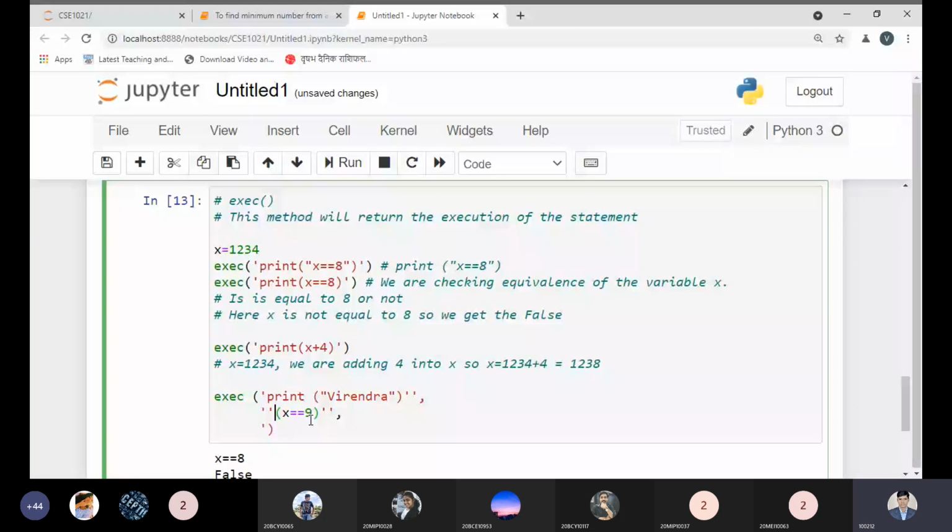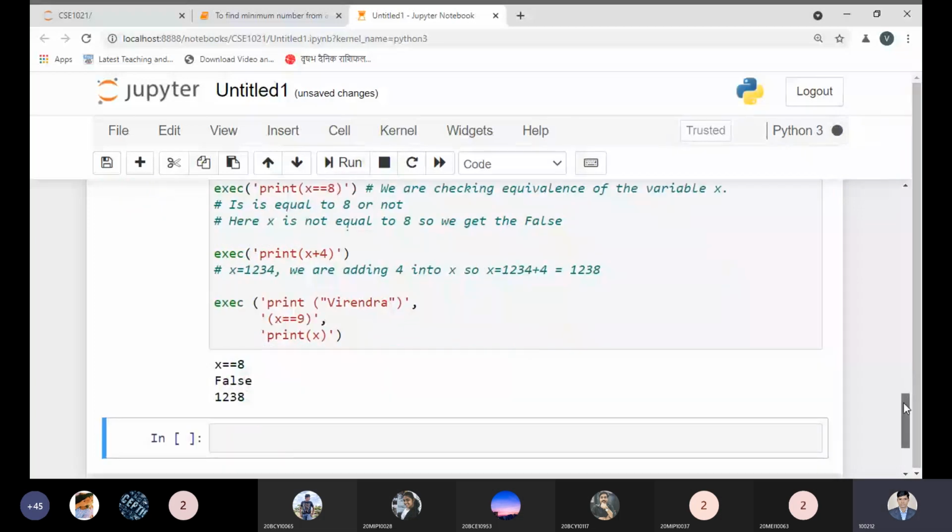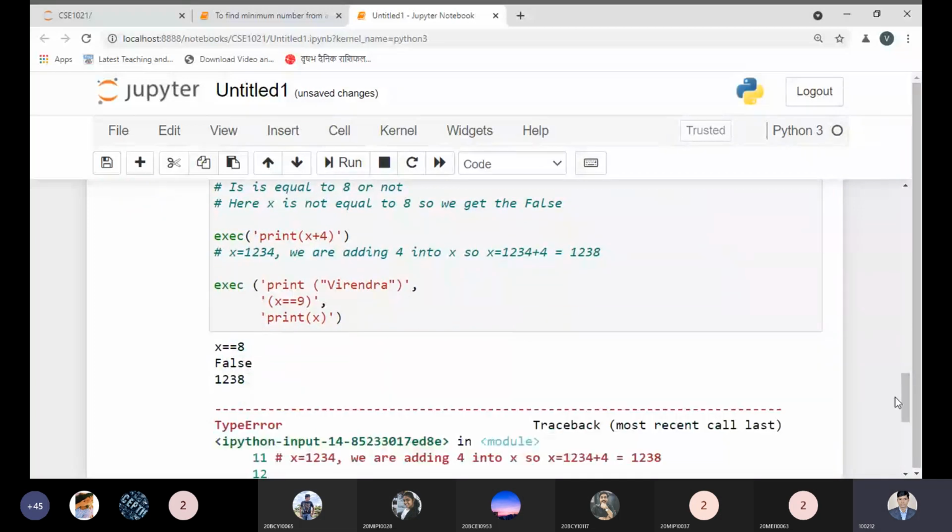Okay, so just one, this one. Okay, and I'm just taking the print text. Suppose that I just want to print over here, and see, yes, it is working. So let me check this part, whether it will work or not. Just give me 1 second, let me check. Yes, we are getting an error here.